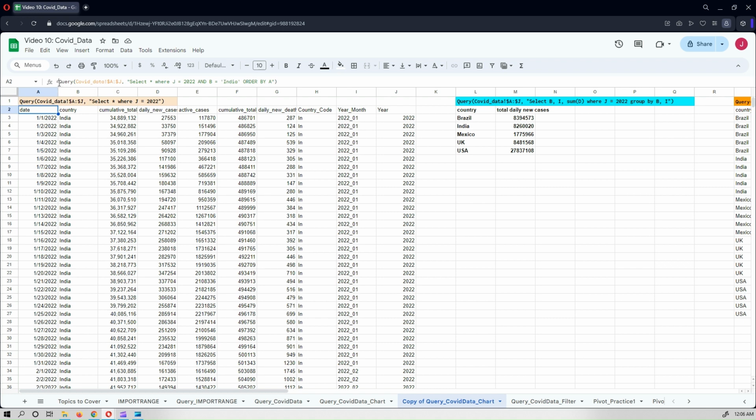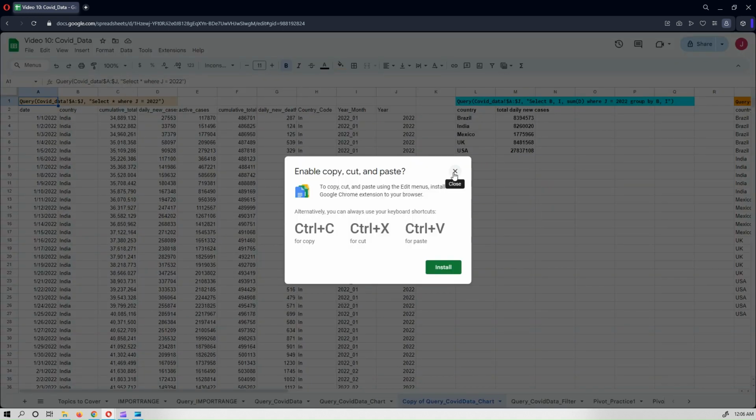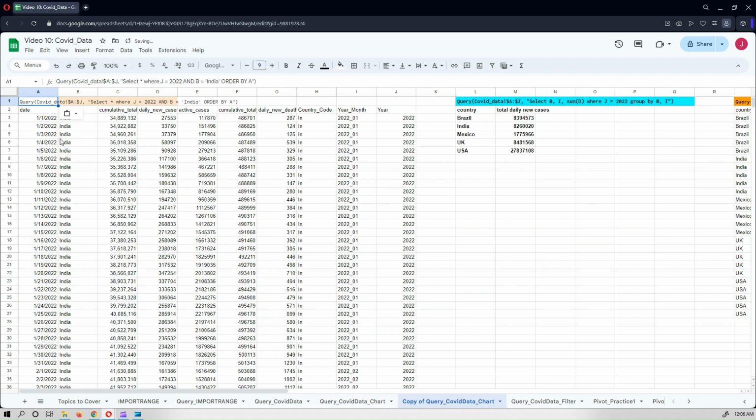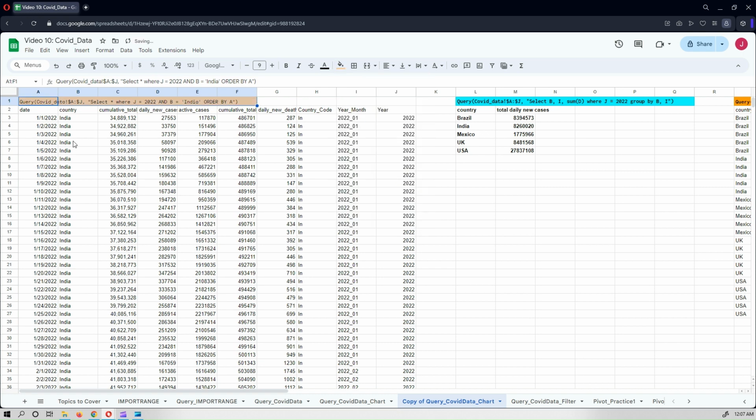So I'll just update this query at the top. Okay, now this is the query I am using, and I'm also ordering this data by date so that